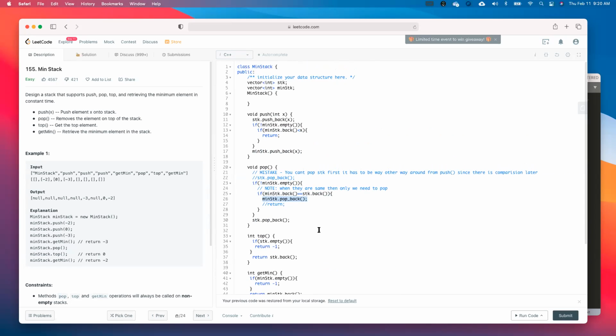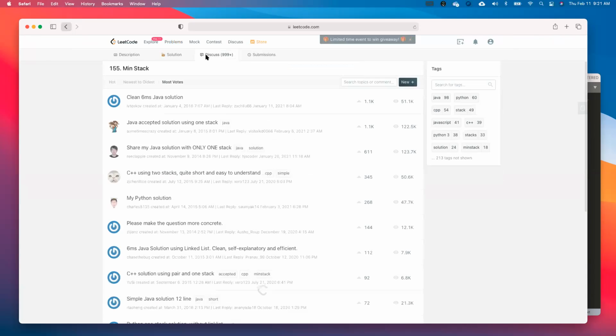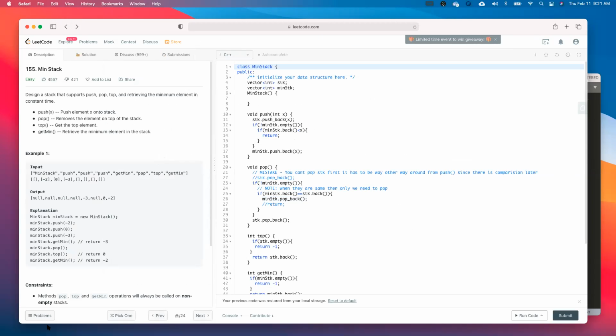The two stacks: one is normal, the other is for getting the minimum. Back means top of the array, right? Yes, so pop back in vector is constant time. This is why vector is used. Otherwise, we could have used stack here, but I guess the time is similar for both. The pop of stack and pop back of vector is constant time. Correct. And back just returns the last element like a peek. It doesn't remove, it just returns it.